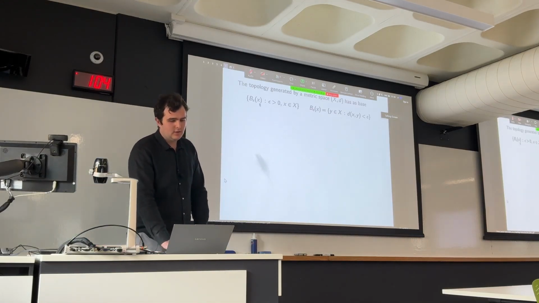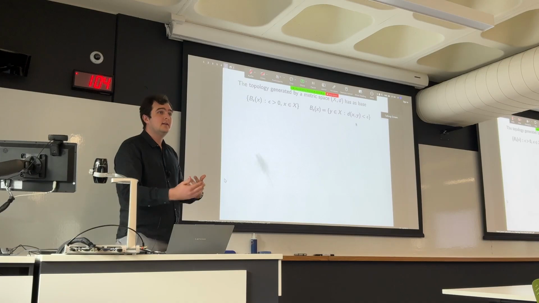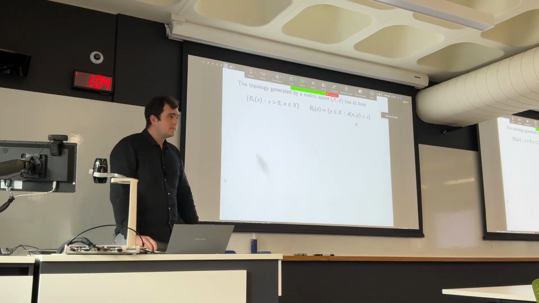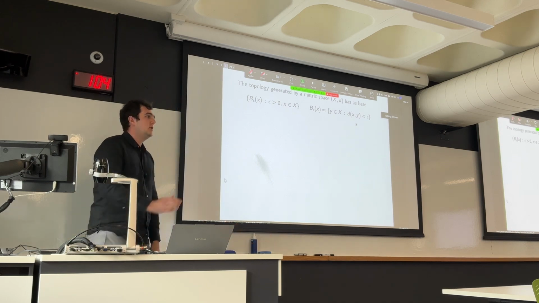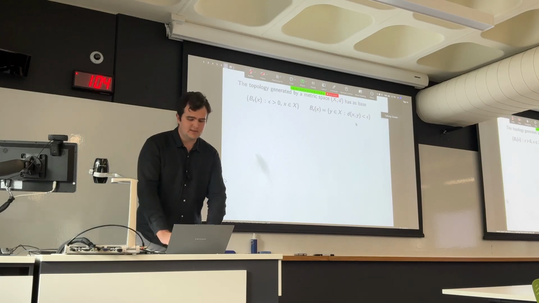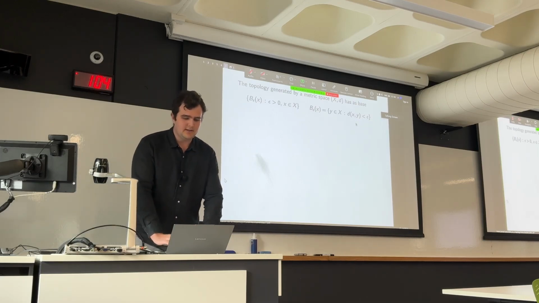You look at all the balls with size epsilon greater than 0 at every point in your space, and these balls are the set of points that are distance less than epsilon from that point x. The reason we like these spaces is because you can actually use the metric d rather than just looking at the open sets themselves. So you can think about it in terms of distance, not just in terms of open sets.